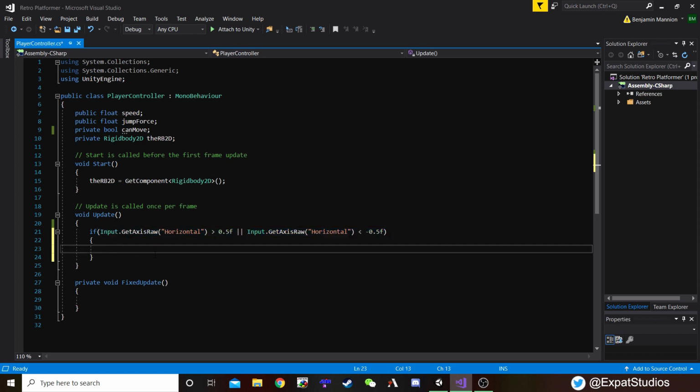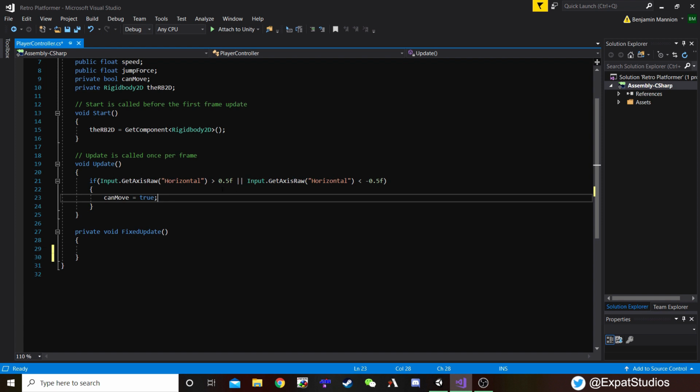So when we press any of those and hold them down, canMove is going to be equal to true, and we end that with a semicolon. So when we press left or right directional buttons, canMove becomes true every frame that our buttons are pressed or held down. Now this is all well and good, but at the minute nothing is being called when canMove